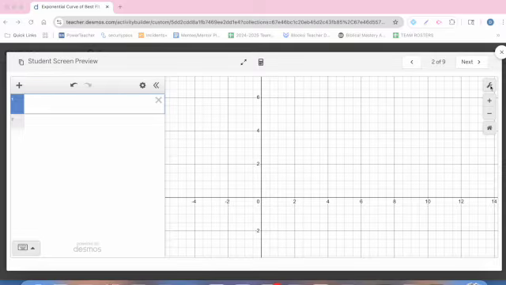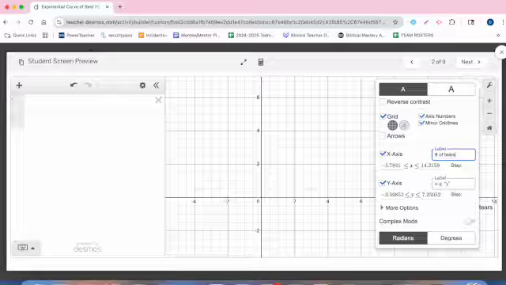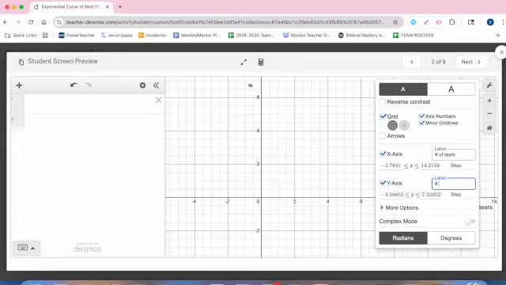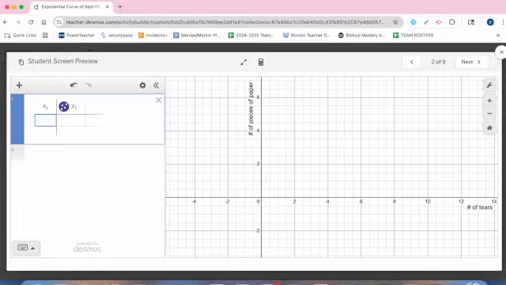I'm going to label my x and y axes. X we're going to label as the number of tears. It's tears, not tears. There's no crying in math. Y will be the number of pieces of paper. And we'll see if we can come up with a function that models this relationship. So let's make a table, and let's just see if we can figure out the pattern here. So